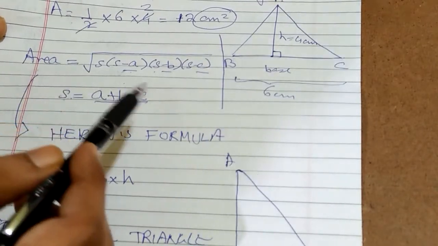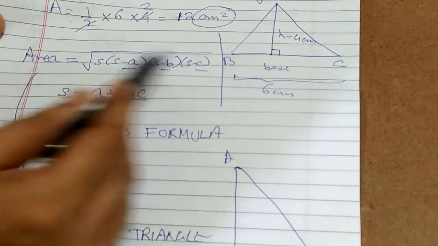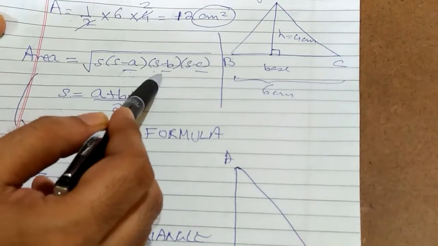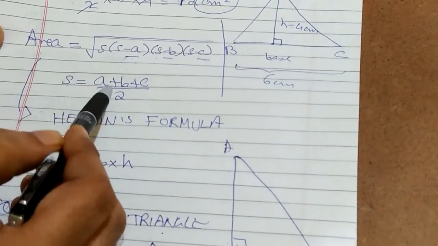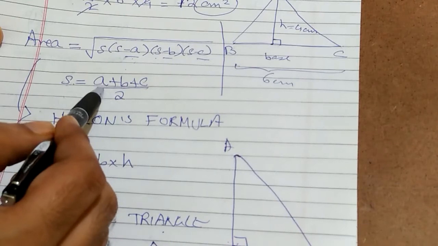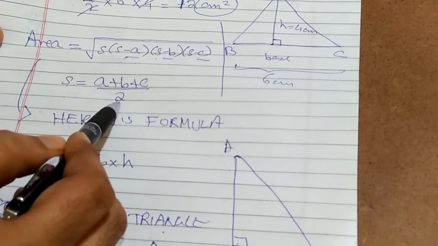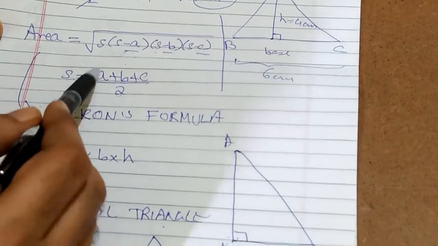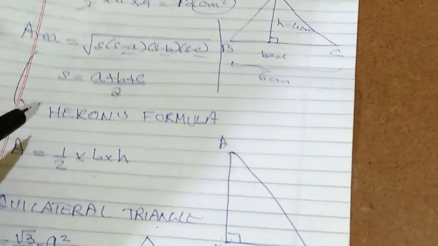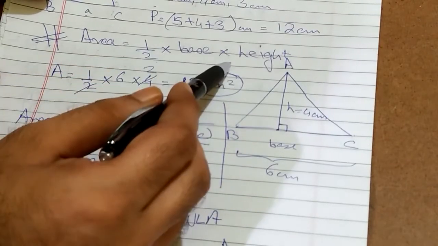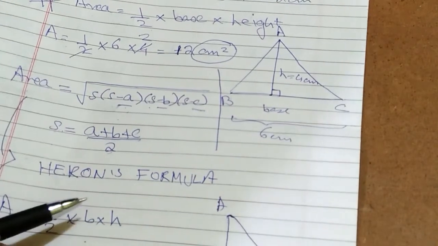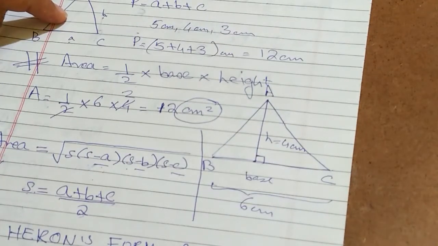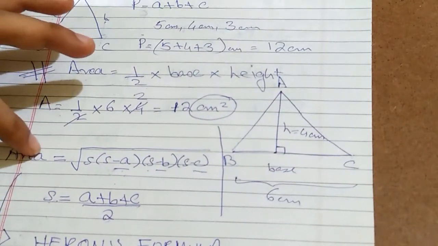Another formula which is known as Heron's formula is area is equal to root over s into s minus a, s minus b, s minus c, where a, b, c are three sides and s is equal to half of the three sides added together, a plus b plus c by 2. So this gives you another formula for finding the area. Okay, so in general you have to remember area is equal to half base height and area is equal to root over s into s minus a, s minus b, s minus c. Why this formula will be important? Supposing if you don't have the height given and if you are not in a position to find height, then this formula will help you find any triangle's area.